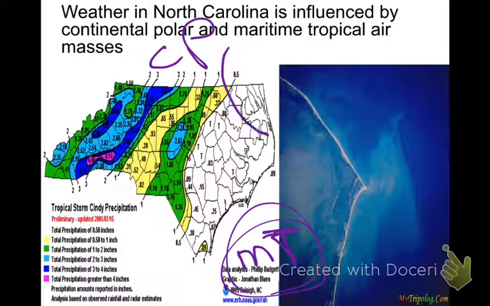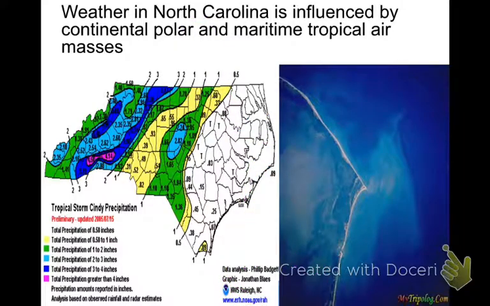Sometimes the cold, dry air mass likes to come this way, and sometimes the warm, wet one likes to come this way. And so we have these two complete opposite air masses that battle over this section of eastern North Carolina. And because of that, we can get some completely opposite weather because it all depends on which air mass won the battle. So next time that you wake up and it's 40 degrees and then it's a high of 80 degrees the next day, you can thank our air masses for that occurring.